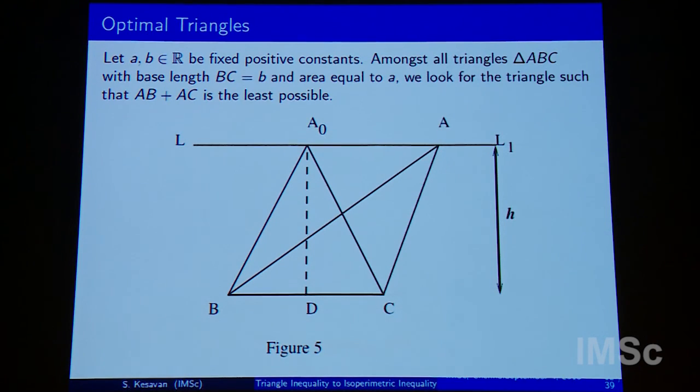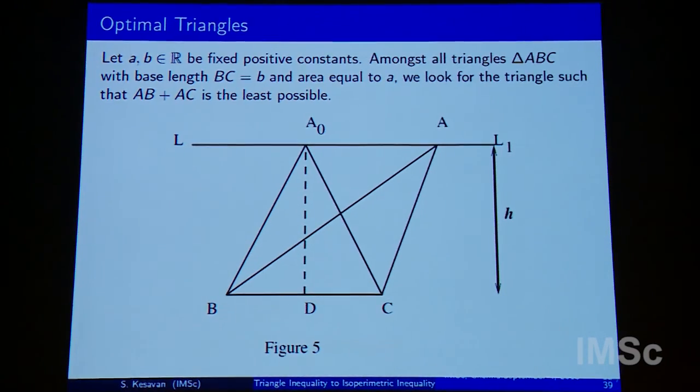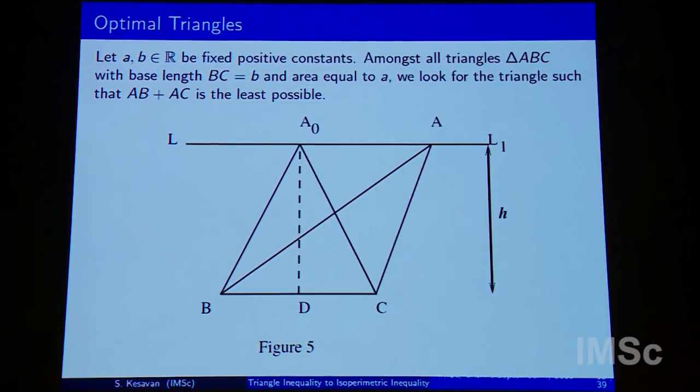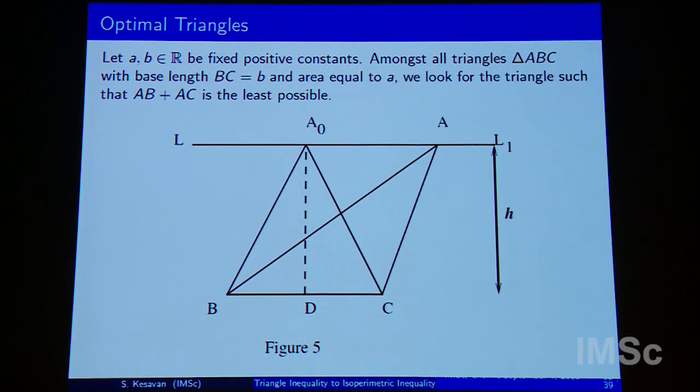Now, this is a problem which I have just solved. So I am looking for paths from B to C touching this line L which are shortest. This is just the previous theorem, and it says that it will be so when the angle of incidence is equal to the angle of reflection, and which means this triangle BA0C is